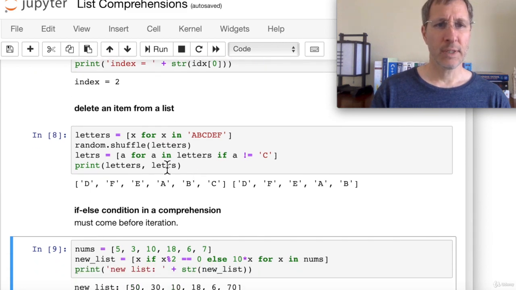And we can also delete an item from a list. Here we have a list of letters, actually a string. We start by iterating through the string A, B, C, D, E, F, converting it to a list of letters just by adding each letter in the string to a list. So now we have a list of A, B, C, D, E, F as individual letters. We shuffle those using this random function. So now we have shuffled letters A, B, C, D, E, F. And each one of them is